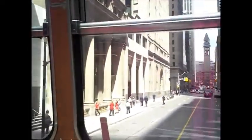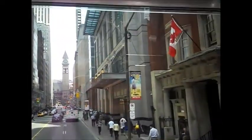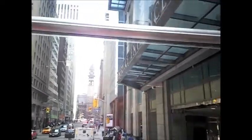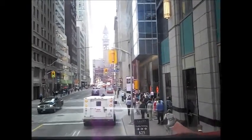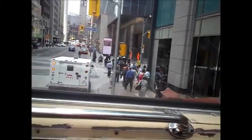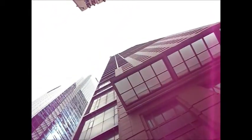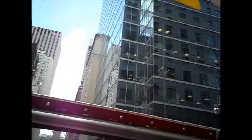Moving away from something tall towards something a little bit smaller. On the right-hand side, we have this fairly boring-looking gray and black stone building. That is Trump Tower here in Toronto. Donald Trump wanted to build the tallest office tower in Canada, or the tallest hotel in Canada. The tallest building, period. But during the 2008 financial crisis, a lot of his investors simply backed out. So, he wasn't able to build it as tall as he wanted. And here in the city of Toronto, all we do now is simply refer to Trump Tower as the Trump